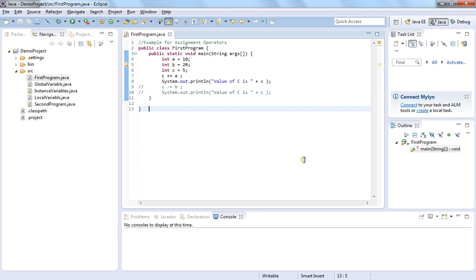Here I have written a program where I have defined three variables: int a, and I have assigned the value 10, int b equals 20 and int c equals 5. When I use the assignment operator plus equals, c plus equals a, in the sense c has value 5 and a has value 10, since I have used plus equals, this works as c again,